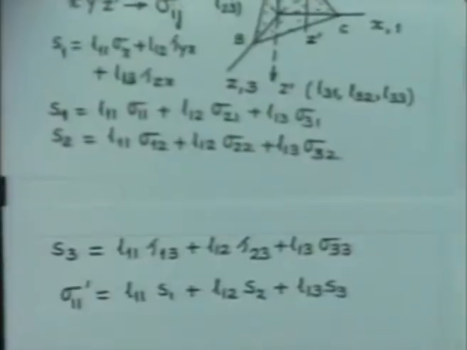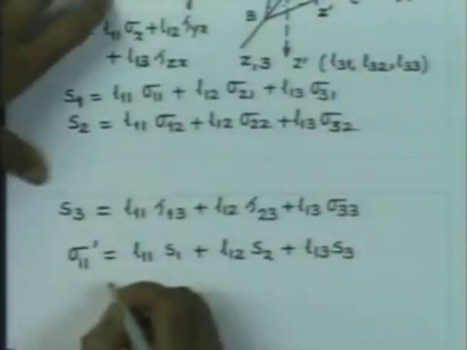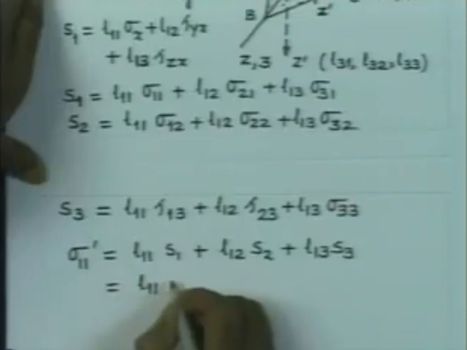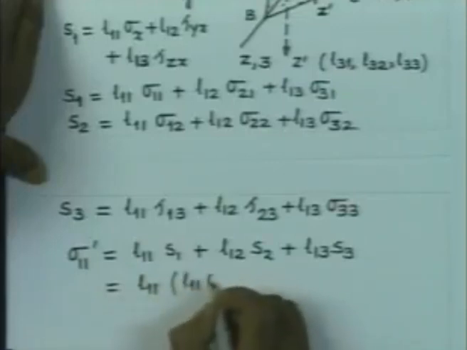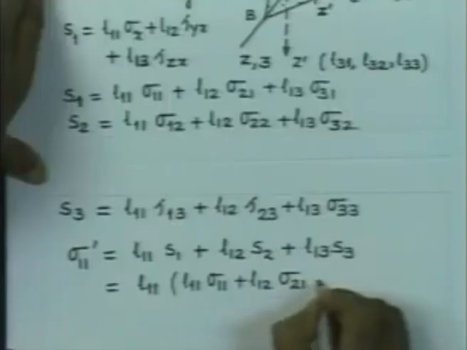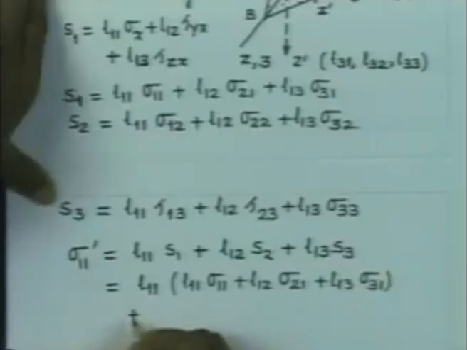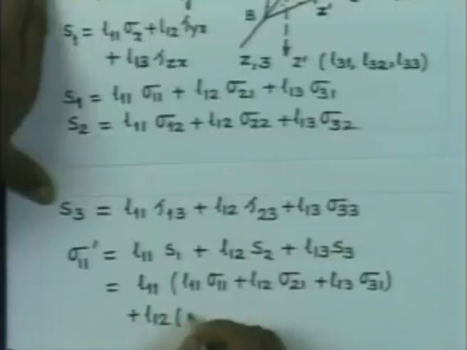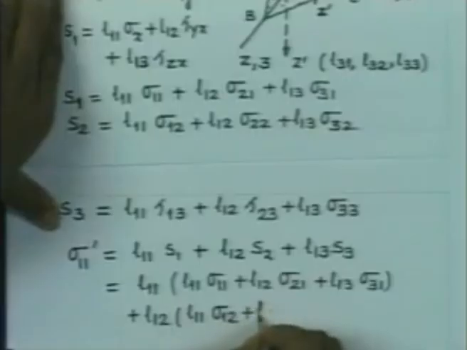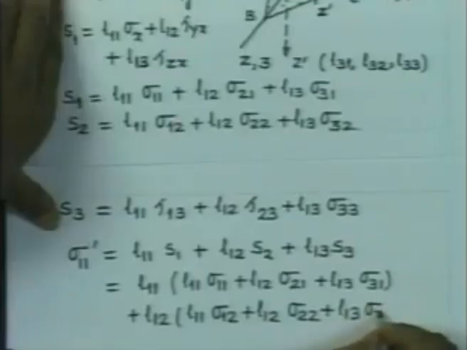If we substitute the values of the three tractions, we are going to get L11 times (L11 sigma 11 plus L12 sigma 21 plus L13 sigma 31) plus L12 times (L11 sigma 12 plus L12 sigma 22 plus L13 sigma 32)